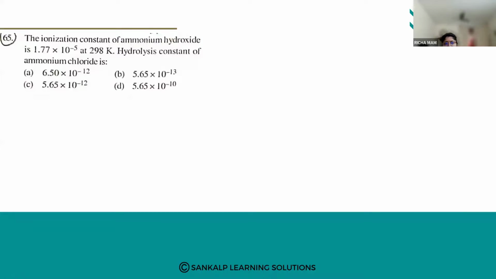The ionization constant of ammonium hydroxide is 1.77 into 10 raised to minus 5 at 298 Kelvin. What is the hydrolysis constant of ammonium chloride? The hydrolysis constant Kh is equal to Kw upon Kb. The ionization constant of ammonium hydroxide, our base, is 1.77 into 10 raised to minus 5, and Kw of water is 1 into 10 raised to minus 14. So after solving this,